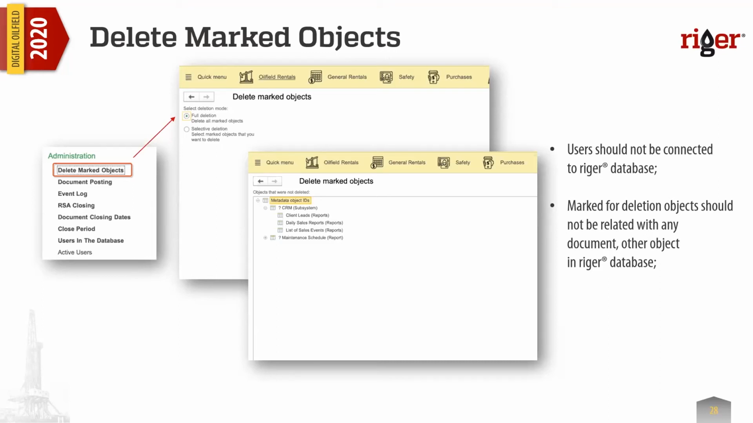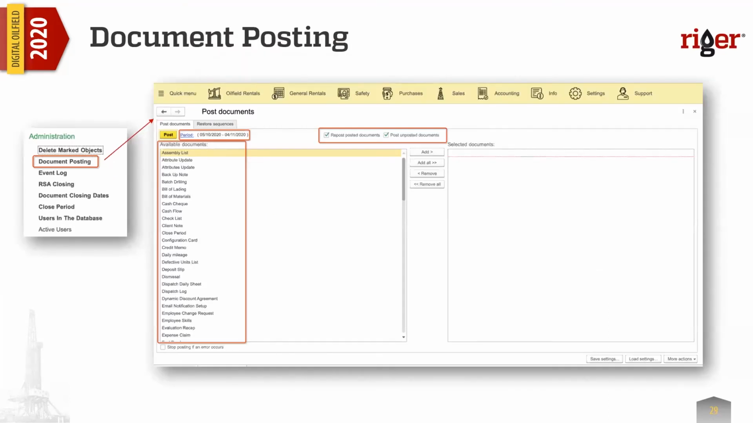Of course, there is a possibility to restore from the backup, but it will take time and resources to do this. So that's why this functionality is assigned only for the advanced RigER users who have an admin role in the user roles. So let's move further, and the next functionality that can be accessed in the admin's settings menu is document